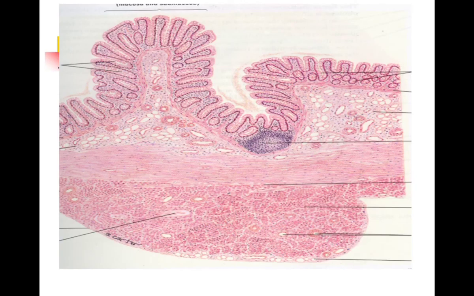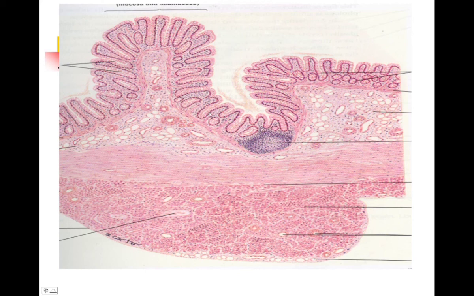So this is the slide. You can see this is the lumen of the large intestine. These are the columnar cells, and these columnar cells dip down to give rise to these crypts of Lieberkühn. These are a few crypts of Lieberkühn here, consisting of the enterocytes and the goblet cells. Then can you see the lymphatic nodule? This lymphatic nodule is known as the gut associated lymphatic tissue, GALT, and this lymphatic nodule is present in the lamina propria. Then it is the muscularis mucosae.